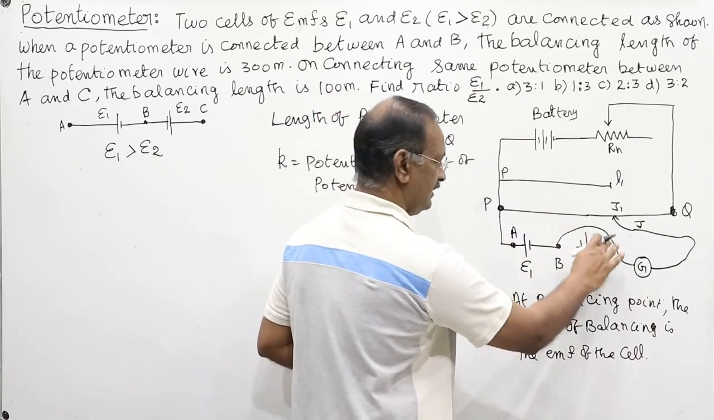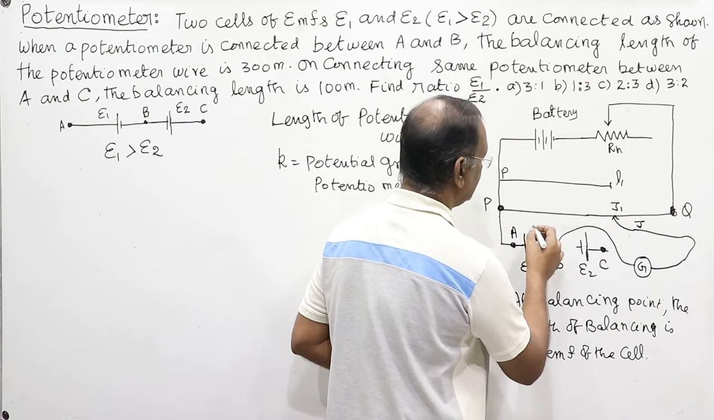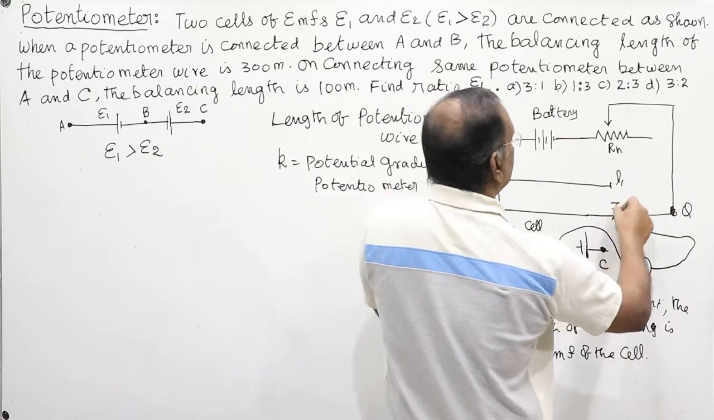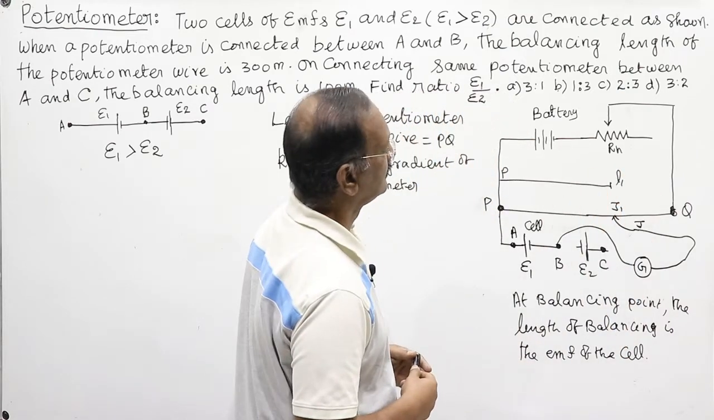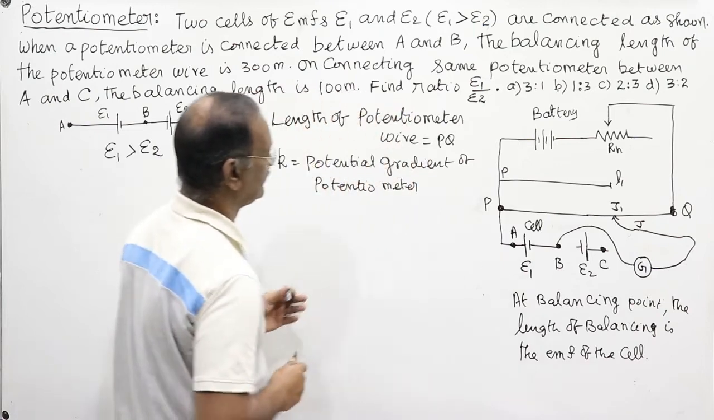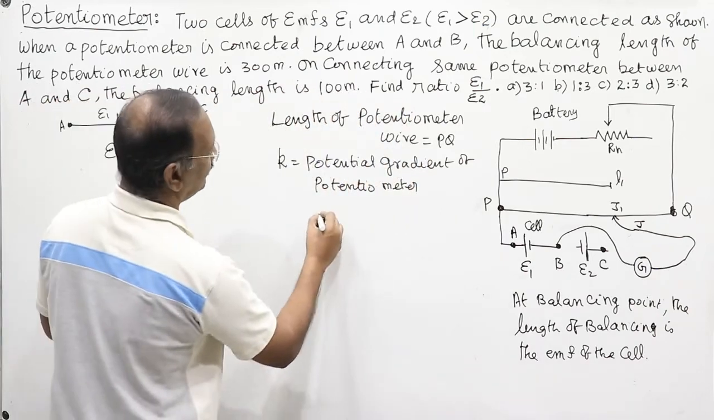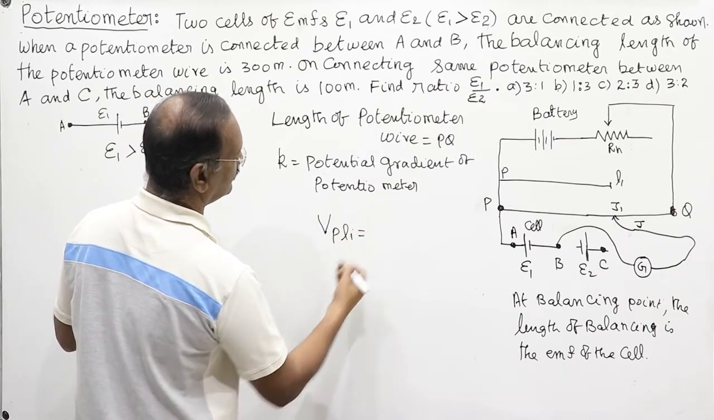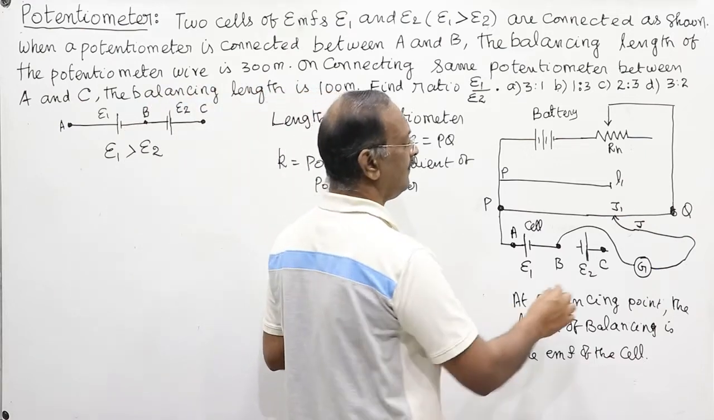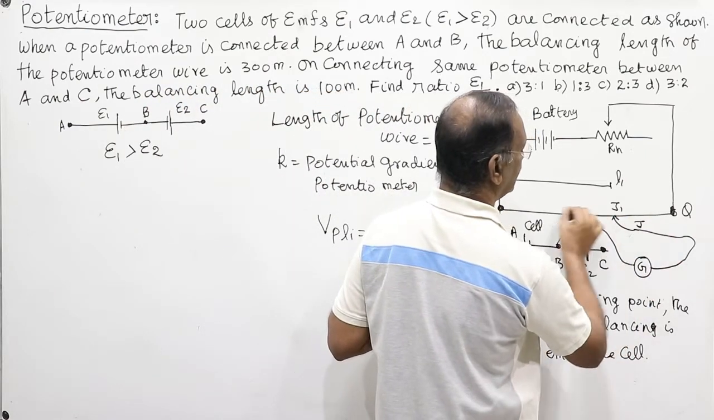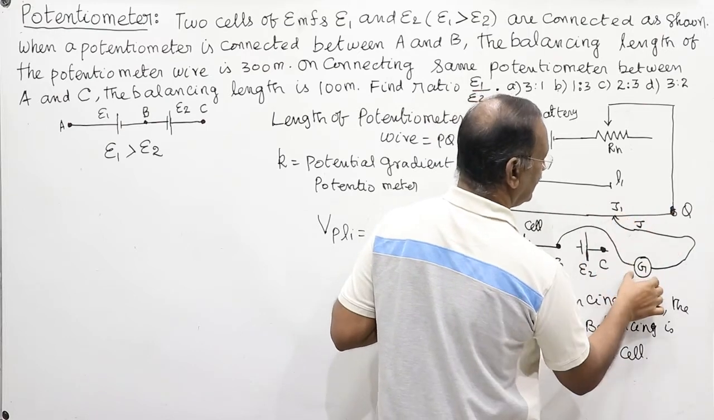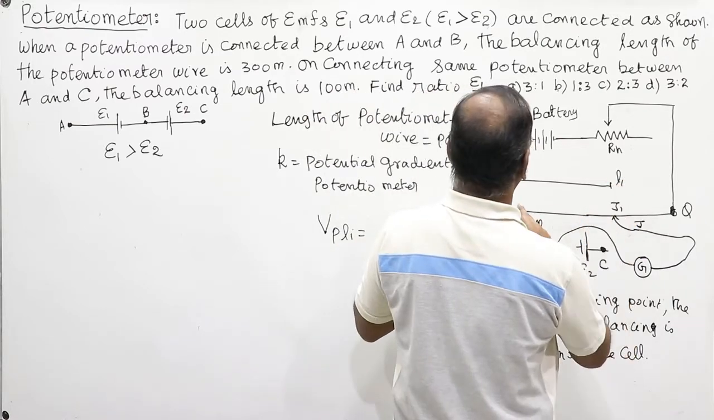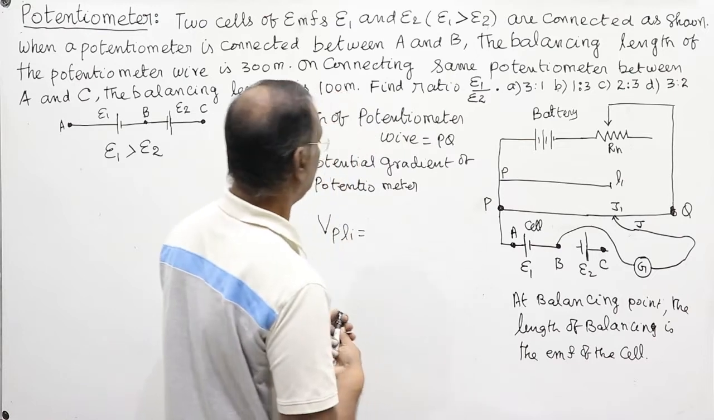Now this is not in connection. This is the cell now, and this balancing length L1 is equal to the EMF of this cell, or we can say V, the potential. How do we get the balancing length? We move the jack here and there on the wire PQ, and where we get the null deflection, that is the balancing point J1, which is at a length L1 from P to this place. So VL1